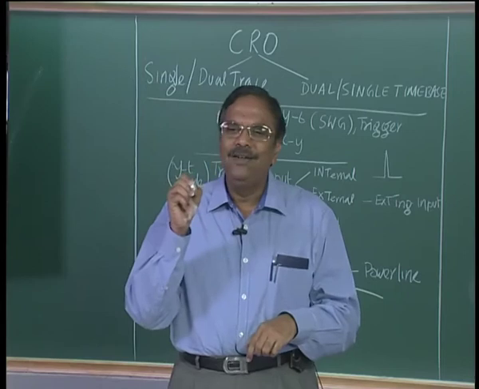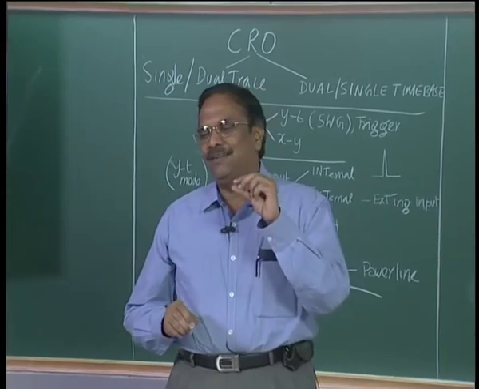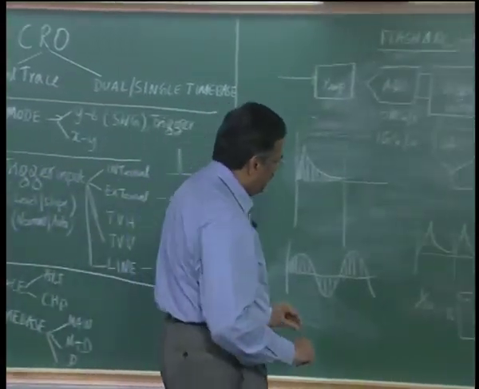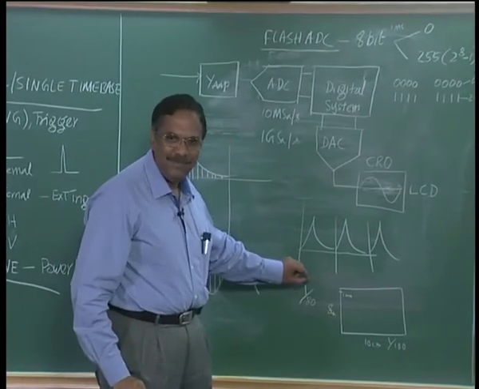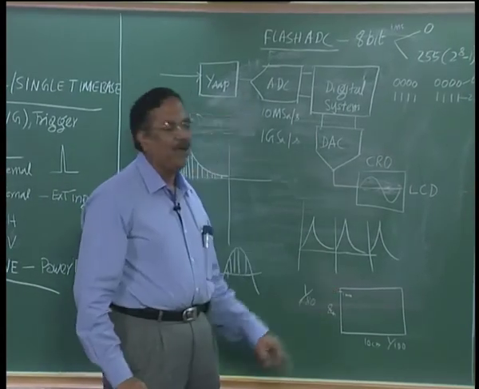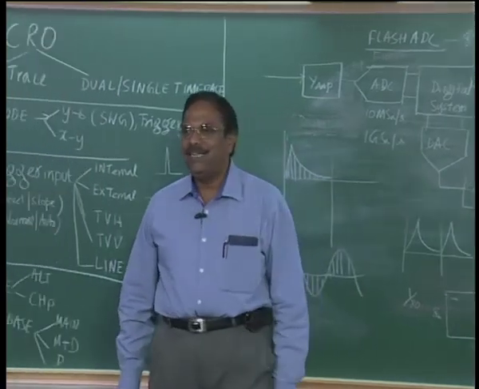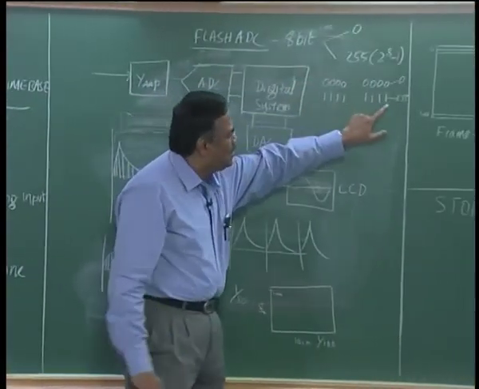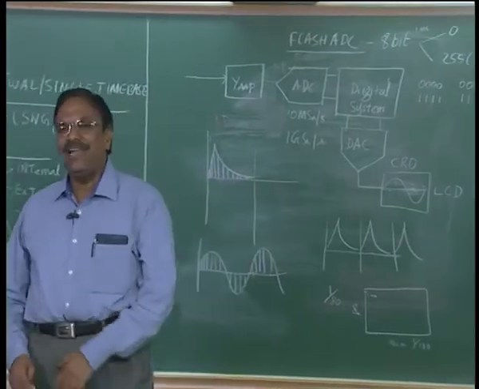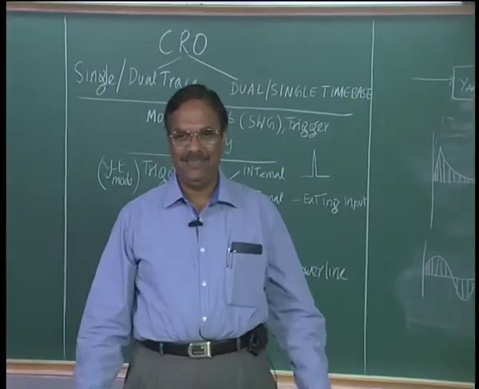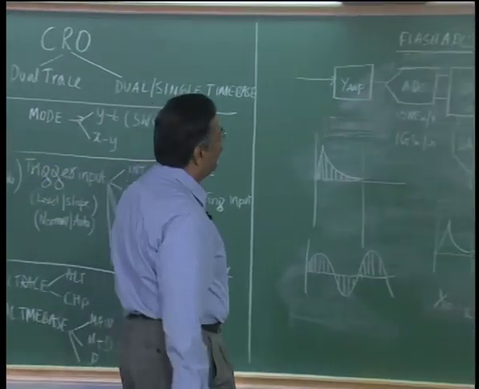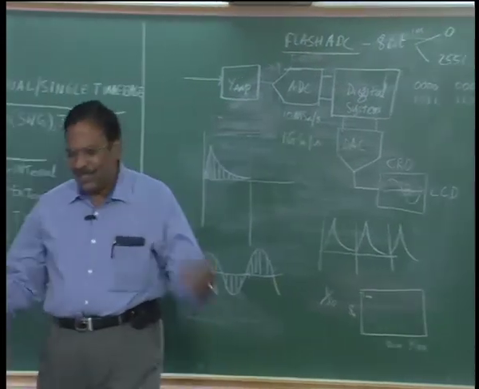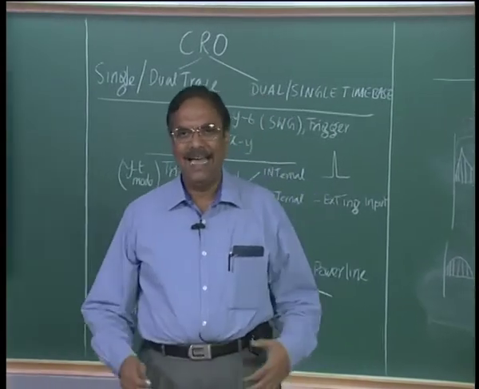The moment I put a dot with my pen or a pencil, the thickness of that dot would be roughly about 300 microns, 0.3 millimeters. Now, even if you say that I am going to take 0.3 millimeter resolution measurement, it will be 1 by 240, whereas the ADC that I get on the 8 bit is 255. So that is more than adequate if you are going to take measurements on the screen. So the resolution of an 8 bit flash ADC used in most digital storage oscilloscopes is quite adequate.